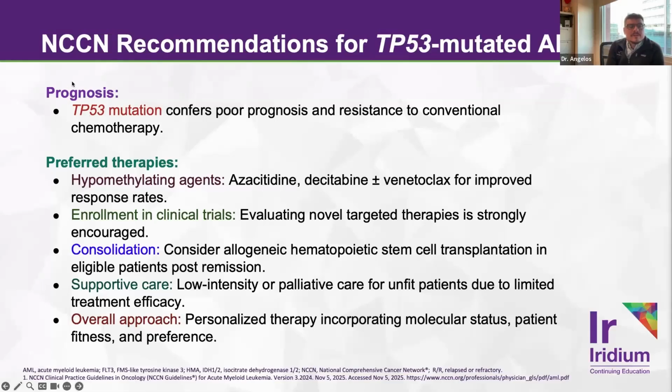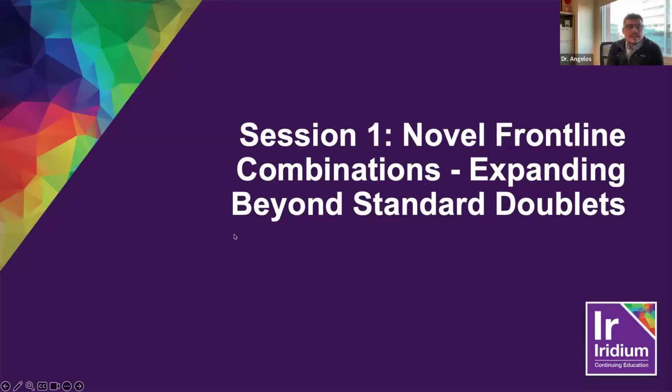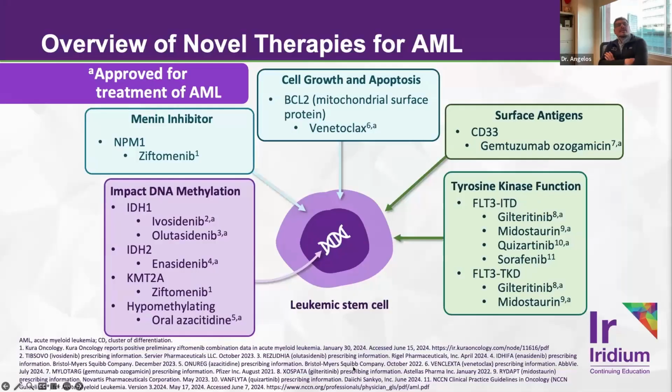Generally, though, if they are not considered fit enough to get high intensity chemo, or if potentially they might even be a borderline candidate or younger, we will oftentimes default to lower intensity azacitidine venetoclax treatments, given comparable CR rates and relatively lower toxicity with those regimens. So what are some of these novel therapies here?